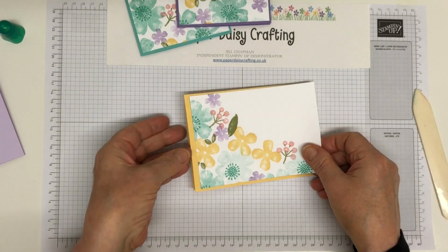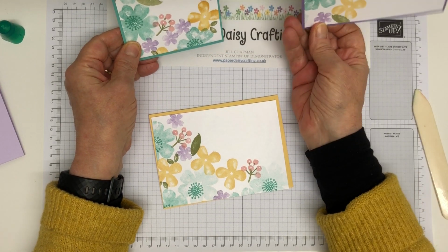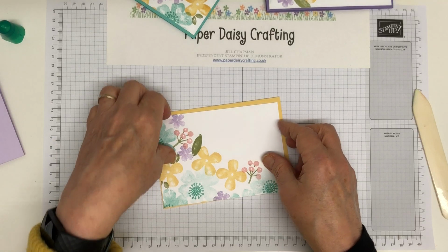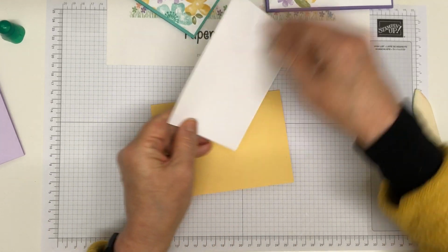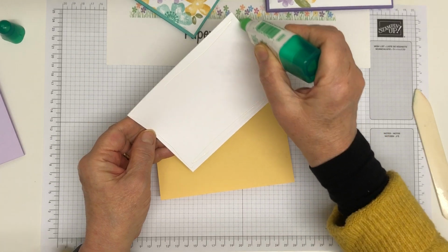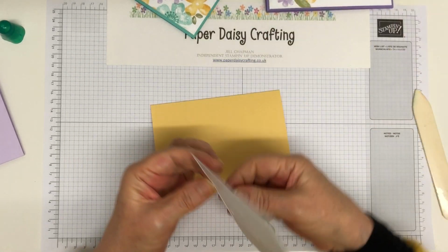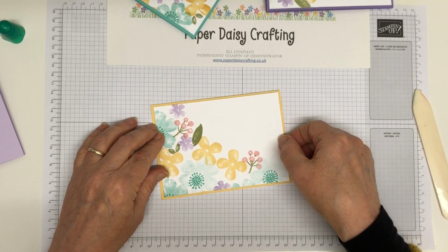Right, this one I'm going to do this way up. So those two I've done as if I'm going to do the greetings that way. I guess it could be that way as well. I would have done them the other way up, I think. This one I'm going to do at the bottom, so like that. So it'll be a tent fold card rather than a portrait fold. Like that. And then